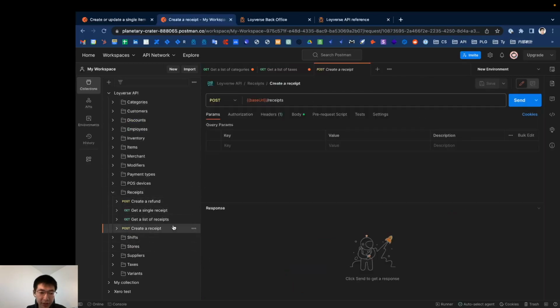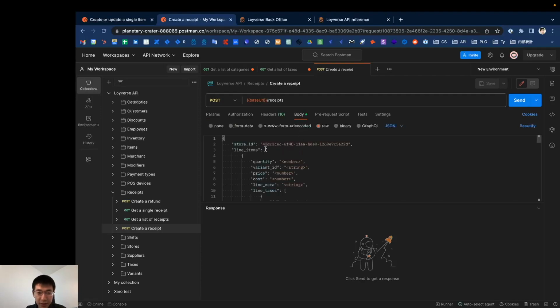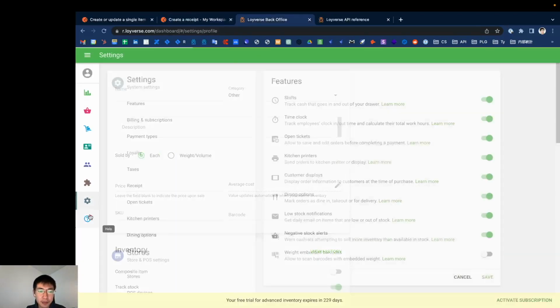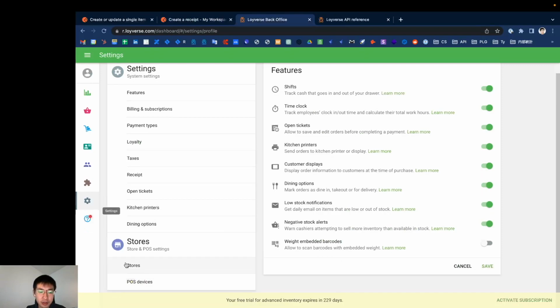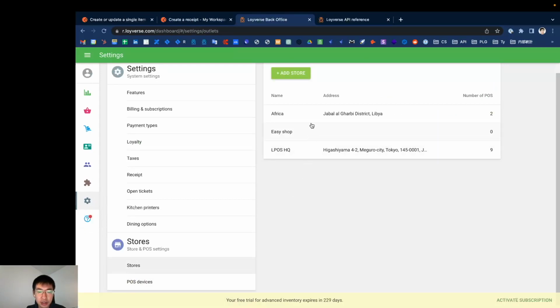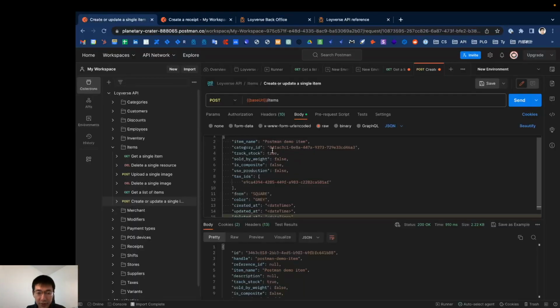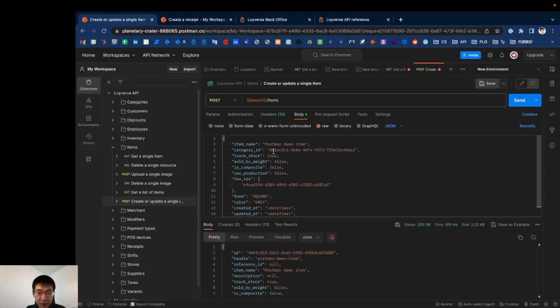Go to create a receipt in the endpoint and go to body. Yes. So here store ID is already preset. I'm not sure why. But if you want to find your store ID, there is an easier way. If you go to setting, stores, and open store, actually you can get your store ID from the URL. So I copy my URL